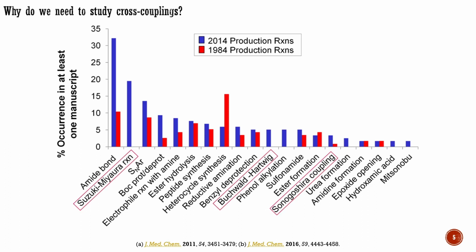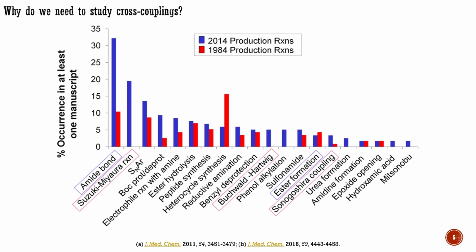As you can see, the Suzuki coupling is the second most frequently used reaction in medicinal chemistry. 19% of the works published in 2014 cover the Suzuki coupling at least once. Buchwald-Hartwig amination and Sonogashira coupling are also in the top 20 most frequently used reactions for drug discovery. It is noteworthy that cross-coupling reactions had limited applications in 1984, as this field of research was still in its infancy. On top of the traditional cross-couplings,